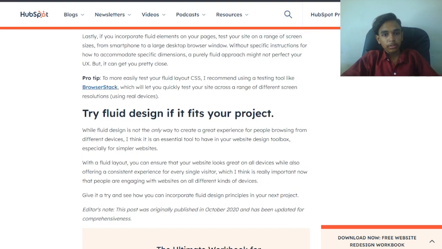With a fluid layout you can ensure that your website looks great on all devices while also offering a consistent experience for every single visitor, which I think is really important now that people are engaging with websites on all different kinds of devices. Give it a try and see how you can incorporate fluid design principles in your next project.